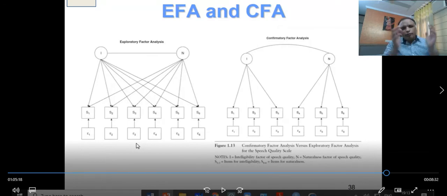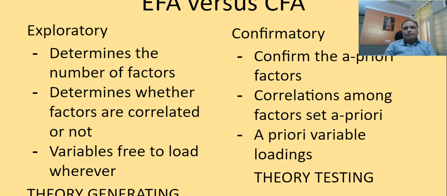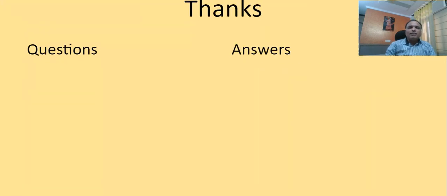If you go for a new questionnaire, you cannot jump directly to CFA before you go for exploratory factor analysis. Those who are using an existing, tested, valid and reliable questionnaire which has been used by many don't need to go for EFA. You directly jump and go for CFA. Why do you need CFA? Because this is also a reliability and validity check, but now it is not the reliability and validity of the questionnaire, but the reliability and validity of your data, right? So here you can see EFA versus CFA.